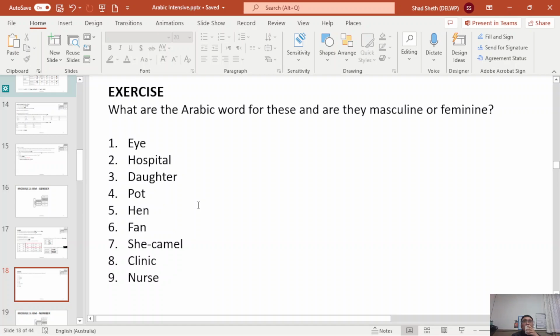Subhanallah, I forgot what is clinic. I think when the Sheikh was Sheikh, I forgot, see? Clinic. What is clinic in Arabic? Sorry. Mustawsaf. Yes. Mustawsaf. So it's actually a basically word. Forgot. Nurse, I think in the